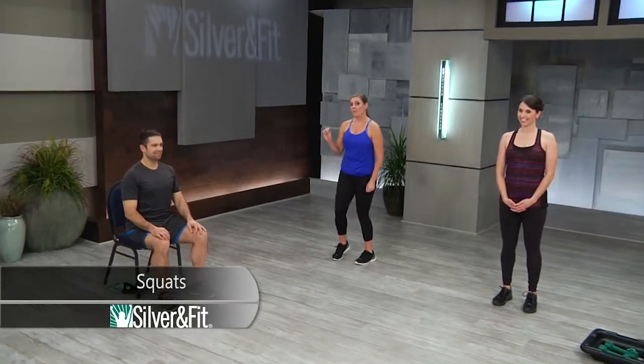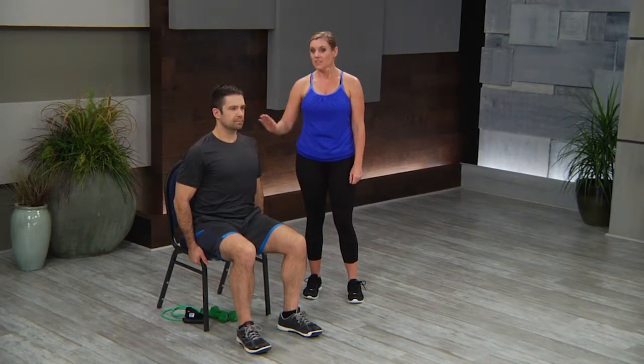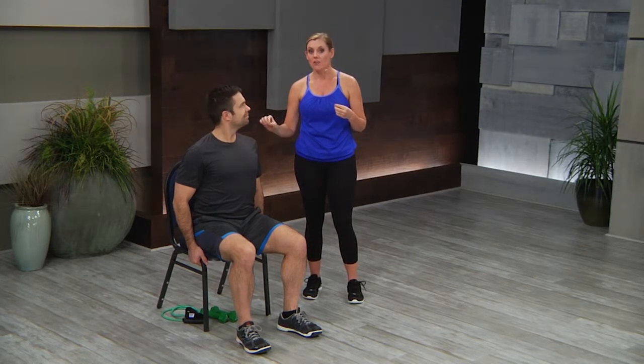Squats. Mark is going to start with an option for your seated participants. So he is starting in our first progression seated. Remember, you want to make everybody feel included. So we're going to do a leg extension for your students that aren't comfortable with squats because we want to